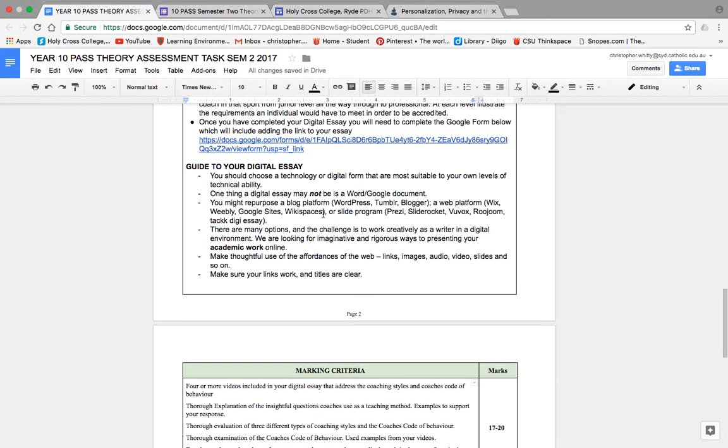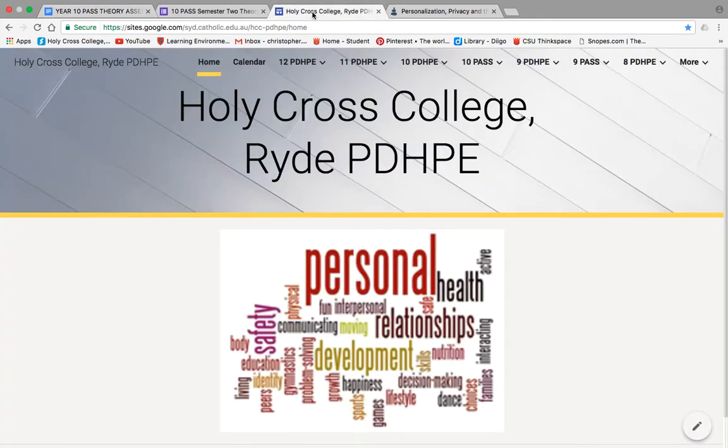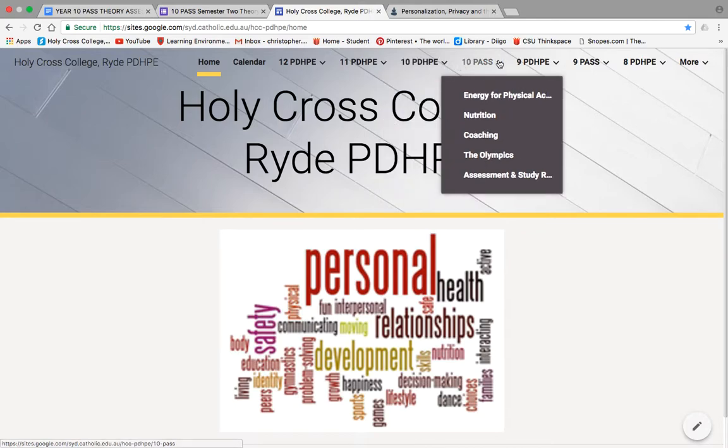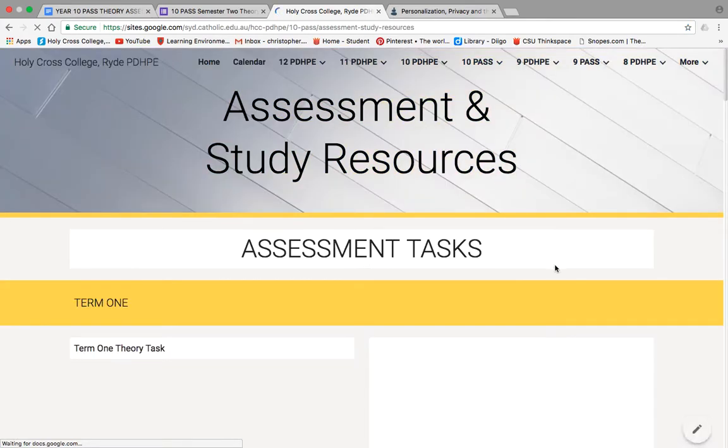You can find this assignment on the school website, or you can go to the Google PDHPE site, which I've shared the link with you previously, and you just take yourself to the PASS aspect, 10 PASS assessment and study resources.